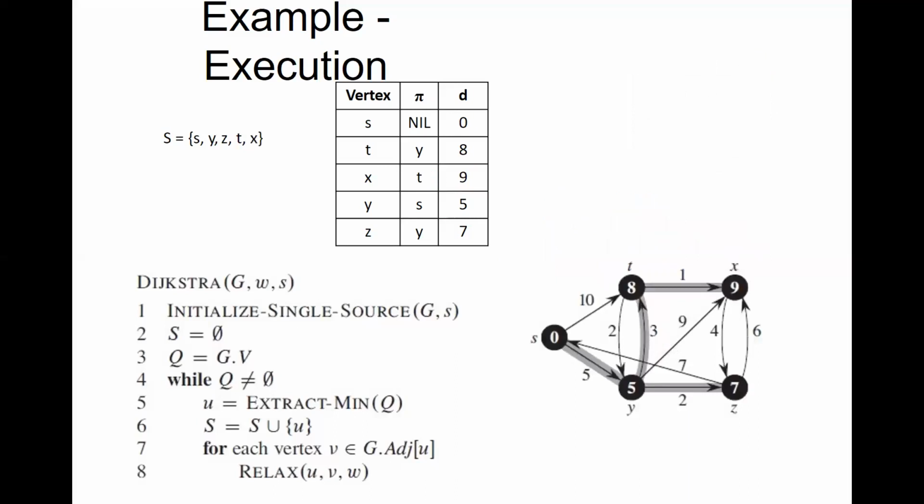So this is the final answer, and this is the shortest path distance from S to all these vertices. If you want to find the path, say from vertex S to vertex Z, coming to Z, go in the backward direction: first go to Y, from Y go to X, then you can directly go to S. So you can directly find the path from the predecessor graph that has been given here.